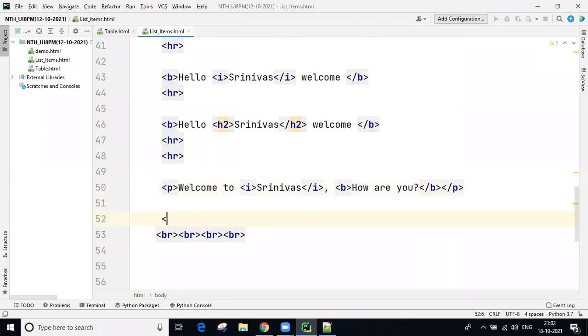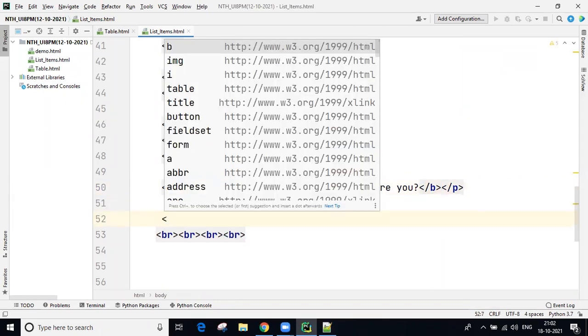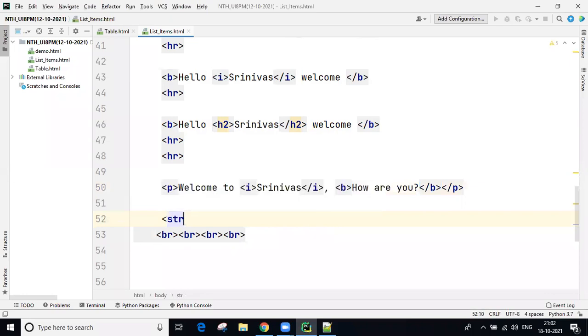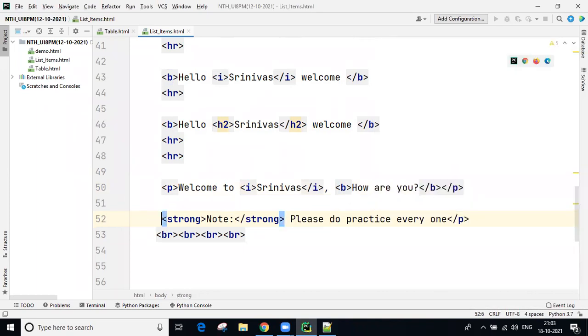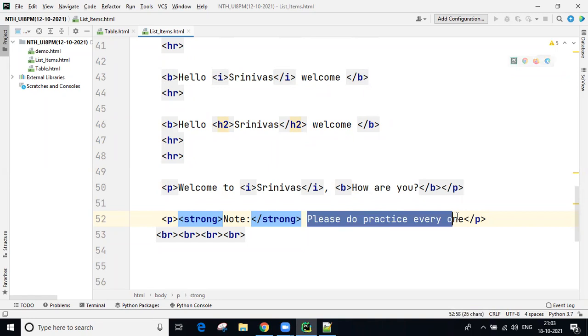See, I'm going to write one tag, guys. Strong, you can write Note. Okay. So please do practice, everyone. Okay. So this is my paragraph closing, just an assumption. This is my paragraph. So actually in the paragraph I'm writing, please do practice, everyone.